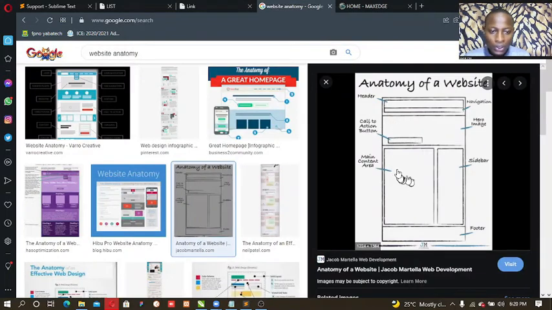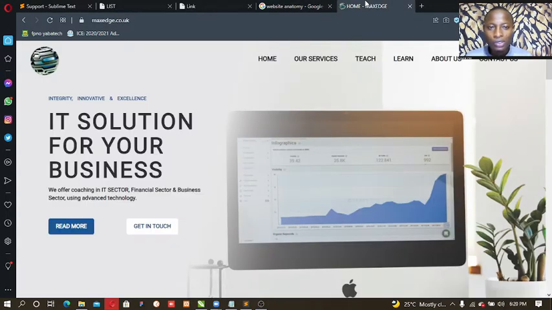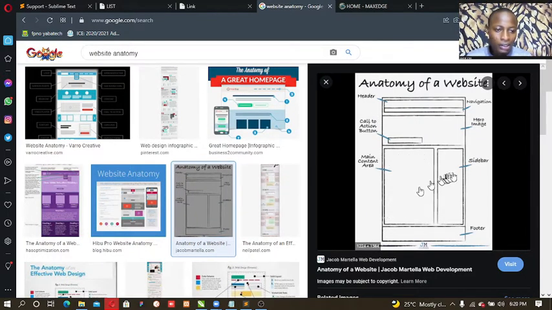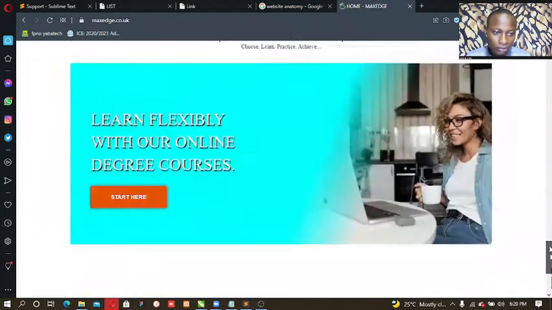Then on the hero image we have something we call to action button. So that is what tells the user that, hey, click here to do something. And you see, get in touch with us, read more, get in touch, read more. So now we have the main contents, then we have sidebar and footer. So if I scroll down,